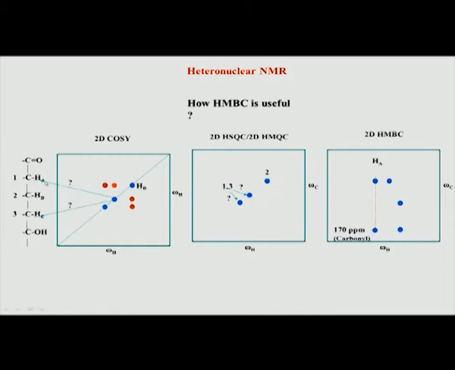Okay. So, that is what is shown here, that based on this information, this line gives me a correlation to the carbonyl and 2. So, this is 2. Let me write that down. This is the number 2 carbon and this is CO.